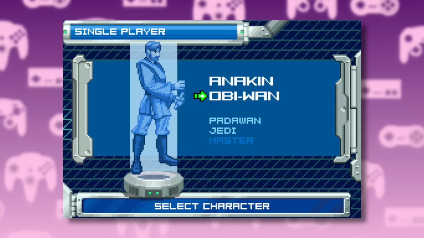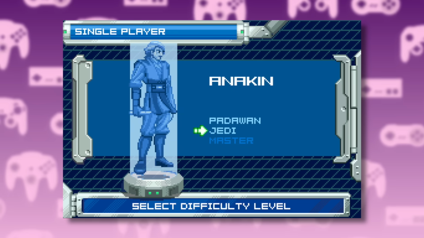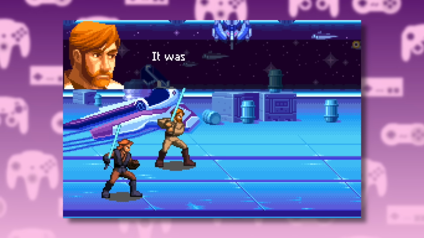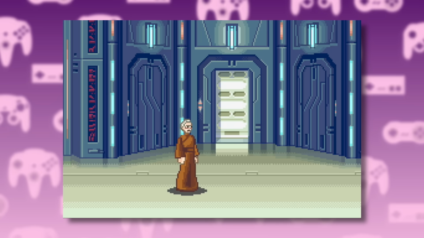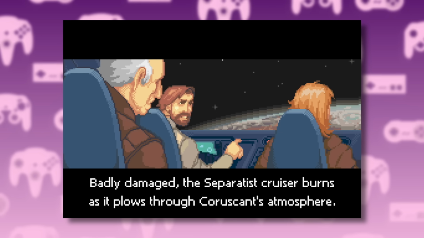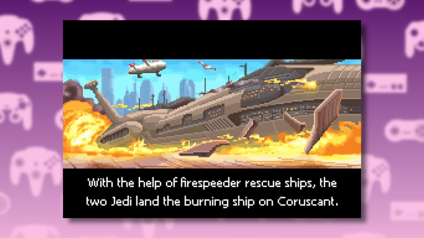And this version also revolves around Obi-Wan and Anakin. Both characters start on the same path aboard the Invisible Hand. They make their way through the ship before taking on Dooku. The two Jedi rescue the Chancellor, and you actually get to see the crash landing this time, at which point